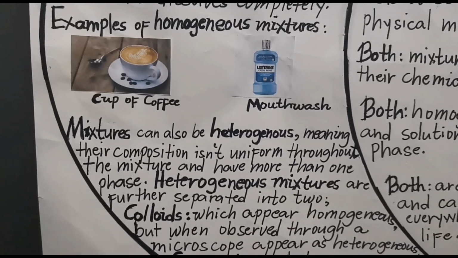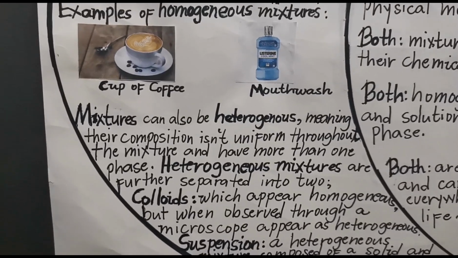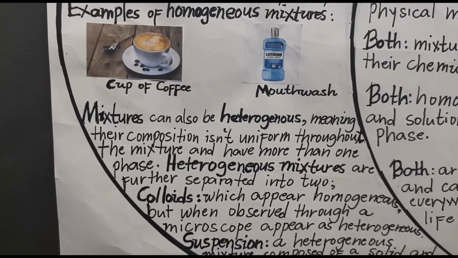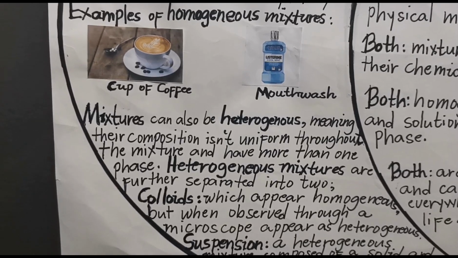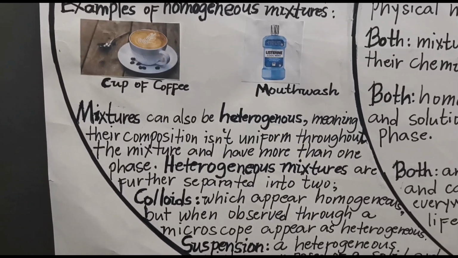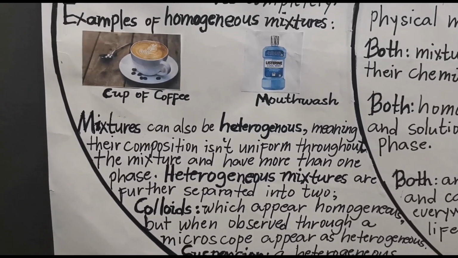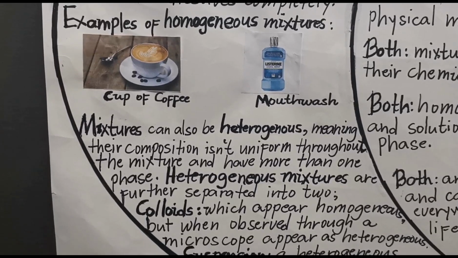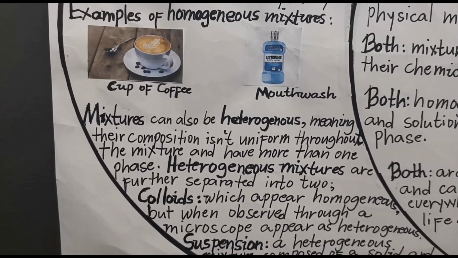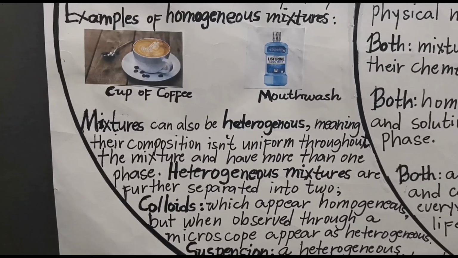Let's proceed to the second type of mixture, which are heterogeneous mixtures. These mixtures are the complete opposite of homogeneous mixtures. Stated in my Venn diagram, their composition isn't uniform throughout the mixture and have more than one phase. Heterogeneous mixtures are further separated into two types: